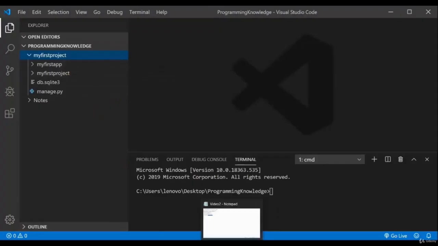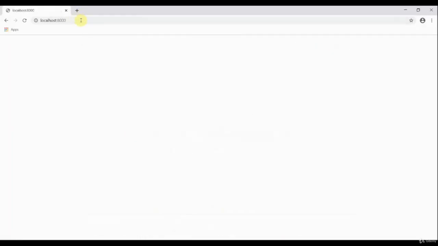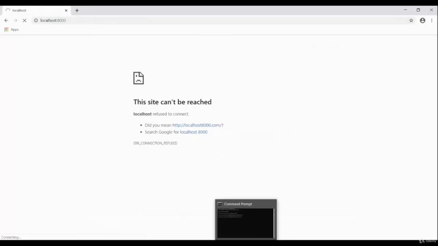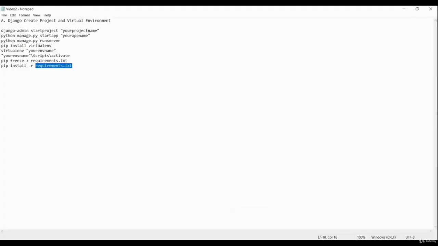So I started the server and it was running fine. So I will refresh this page. So the server won't run now, I guess. So it's not running, because I had terminated the process. Okay, now it looks fine. So now what I want to tell you is, you can open your command line